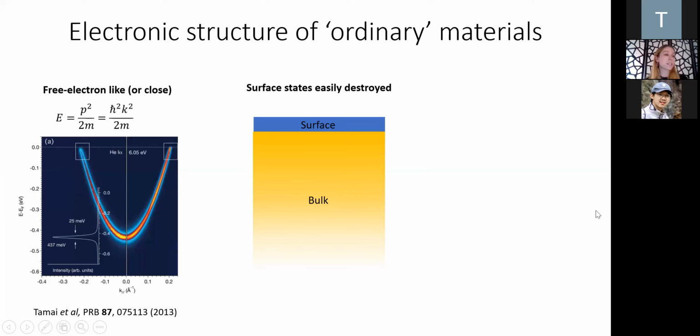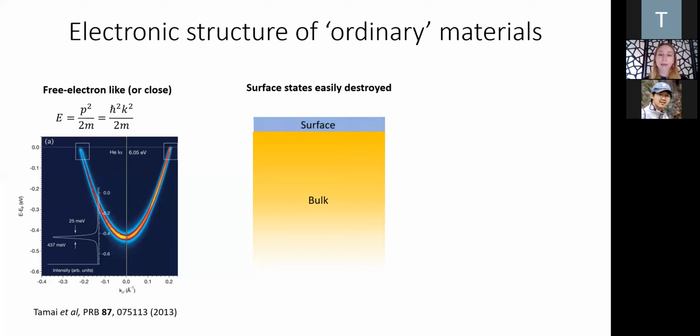Sometimes the surface is different from the bulk because in the bulk, either an atom or electron, whoever's point of view you want to think of, sees the same thing, repeating atom over and over towards infinity. But when you get to the surface, you break that symmetry. Suddenly, at the surface, if you look down, you see repeating atoms over and over. You look up, you see nothing. So you can get different electronic structures at the surface. But in ordinary materials, these surface states are often easily destroyed. For example, a small amount of disorder or high temperature can just kill whatever surface state you have.